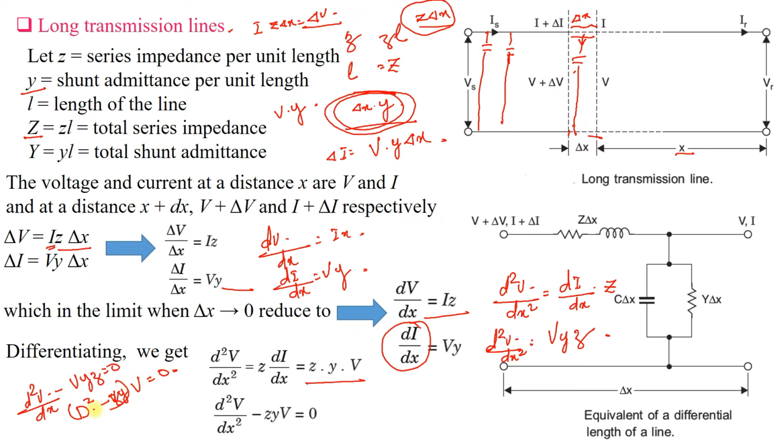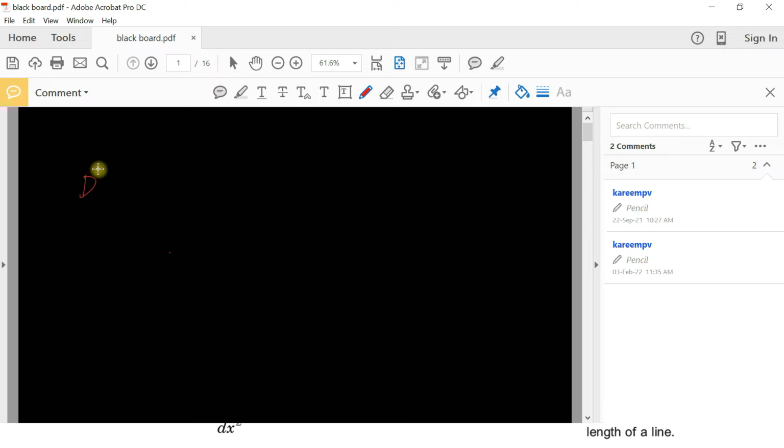And in order to solve such a differential equation, you have to find the solution for the characteristic equation, which will be D squared minus YZ equal to 0. Now we have the equation (D squared minus YZ) of V equal to 0. In the solution for this differential equation, there won't be any particular integral,